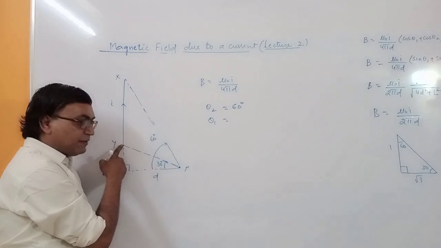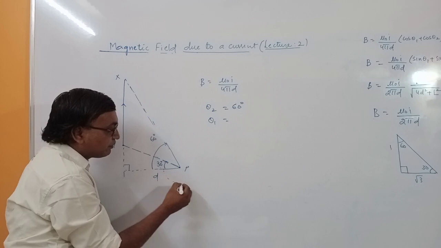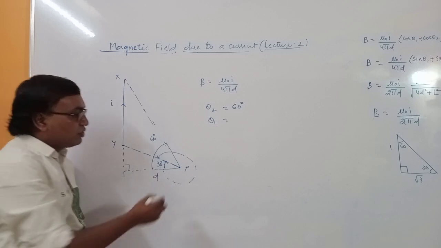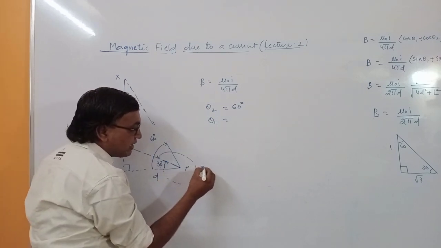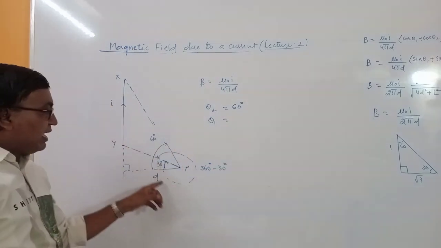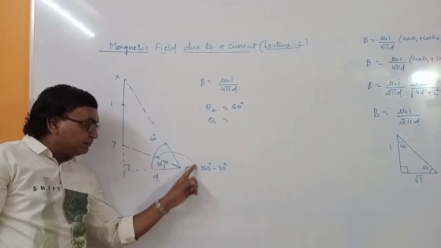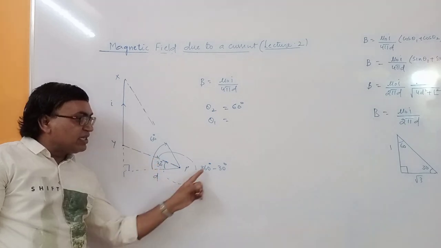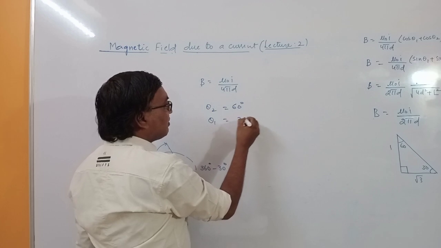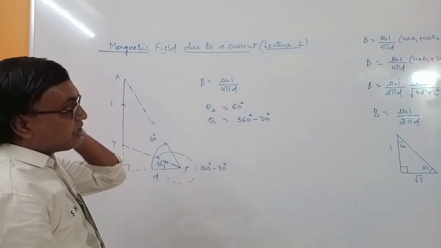This is another end Y joined to point P where you have to find out the magnetic field. So from here we will go like this, and this angle will become 360 degrees minus 30 degrees. This complete angle is 360 and here are 30. You have to move from this perpendicular line till this line, so it is 360 minus 30. So this angle is 330, or we will just be using 360 minus 30 degrees. Okay, so we'll keep it as it is, 360 minus 30.